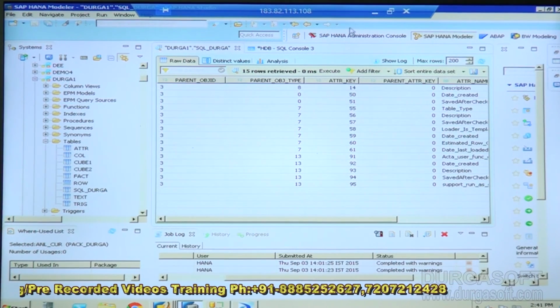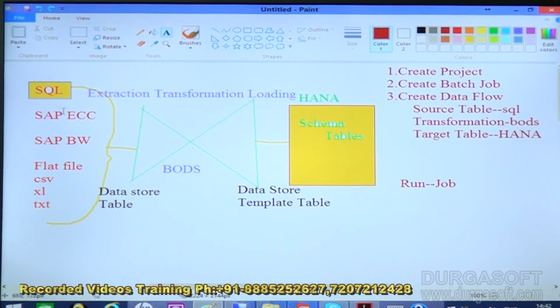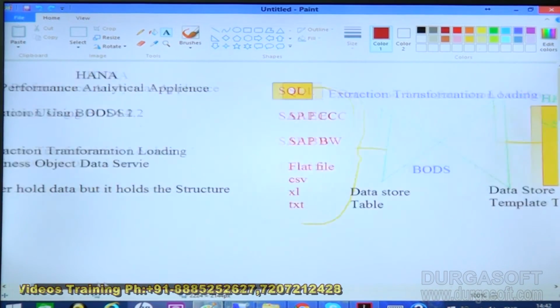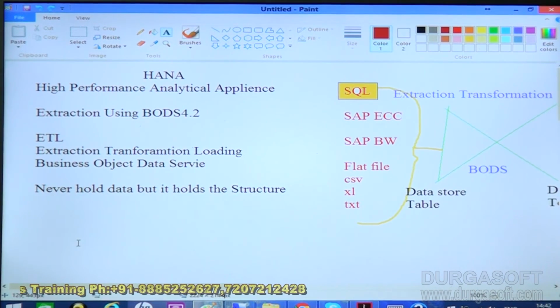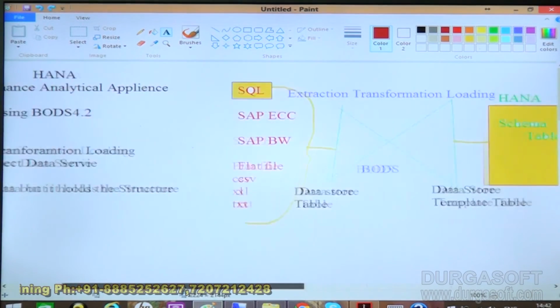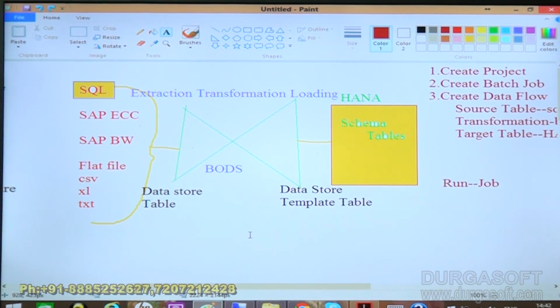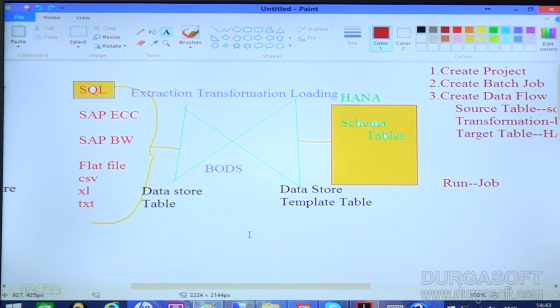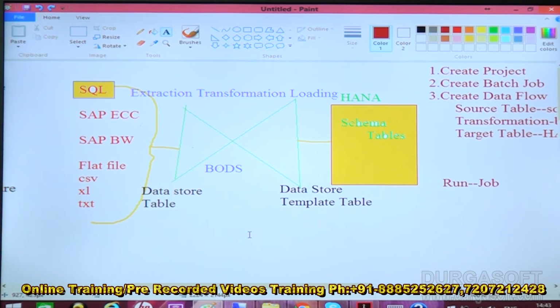So this is how we can perform the data loading process from the SQL Server to SAP HANA system using BODS. We call it BODS. It's an SAP software. Using an ETL tool, it's an indirect extraction. In this series of videos, we are learning all these complete extraction topics which we earlier started, and in this video we saw how we can load from the SQL Server to SAP HANA system. In the previous videos, we already did the complete modeling of SAP HANA. Please refer to my previous videos, in which we already discussed the complete SAP HANA tutorials with different real-time scenarios.